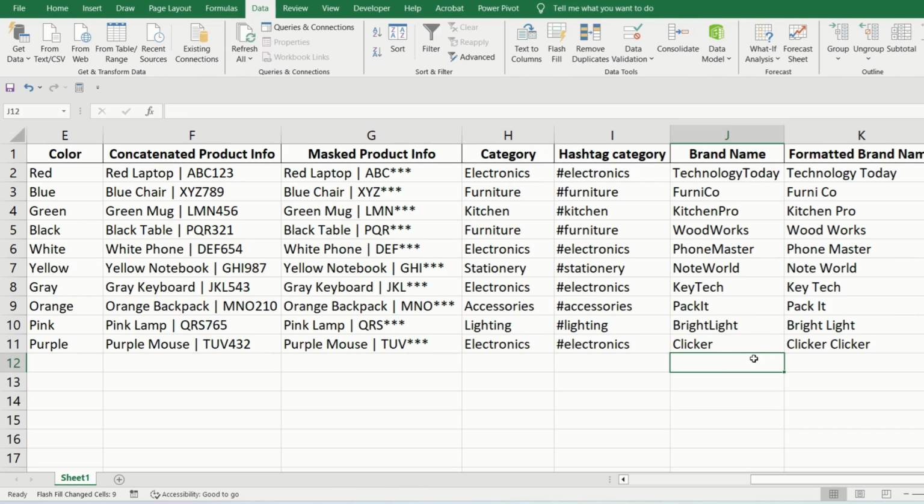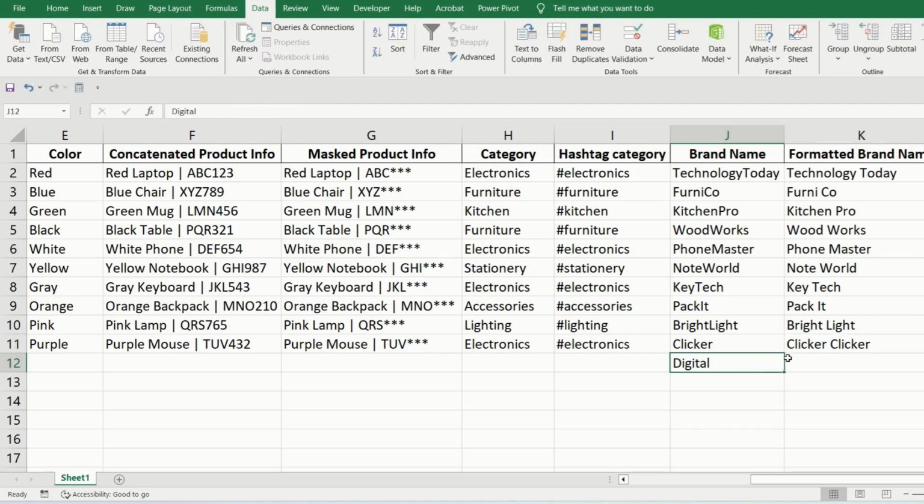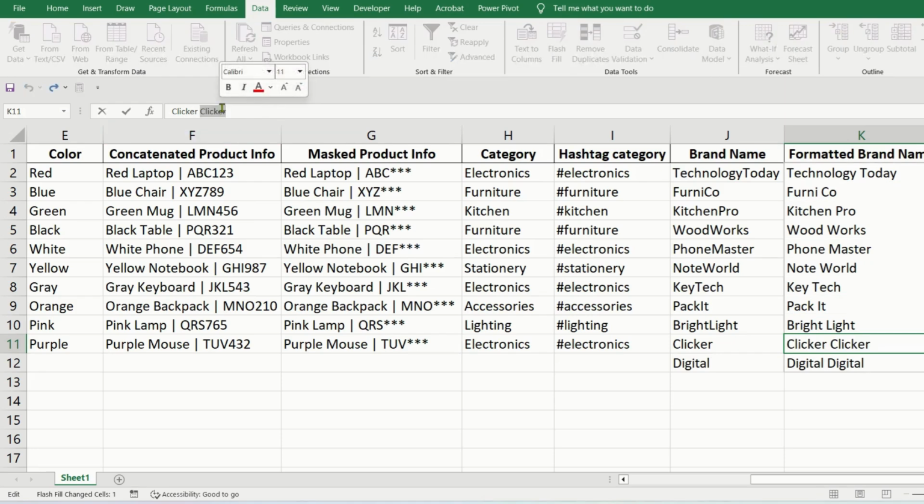So in these cases we would need to manually fix this, but supposing we had another value just like this, as you can see it has done the same, it has duplicated this value as well. Now in this case what we can do is train it further on how to handle single word values.